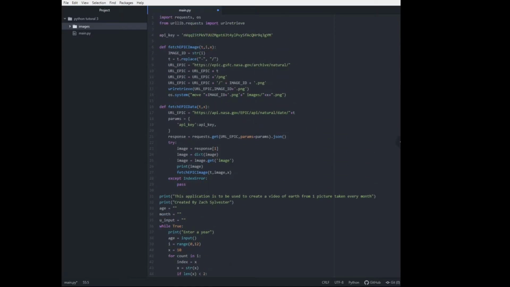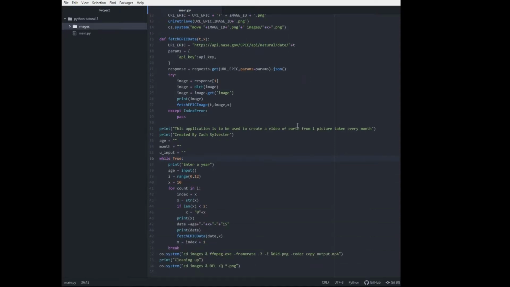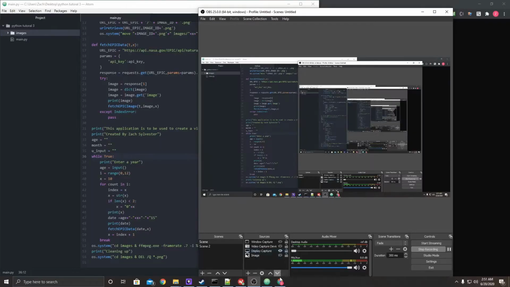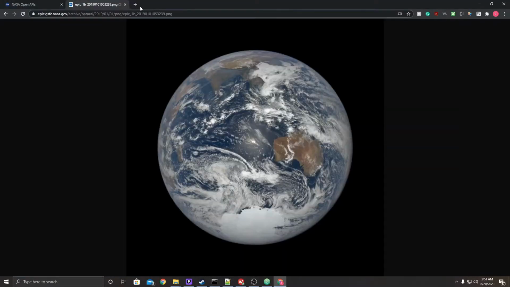Got my API key, VPN is ready to go. Saved it, got my images folder. Oh yeah, there's one more thing. We need to get the ffmpeg in there. So what you're gonna do is first we need to go to